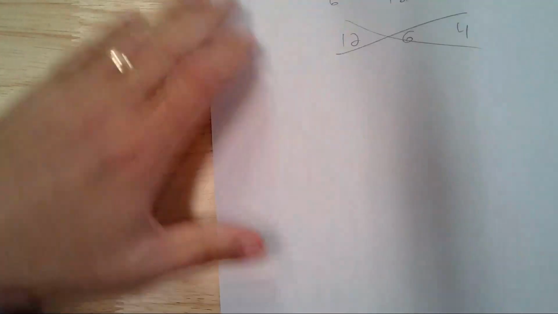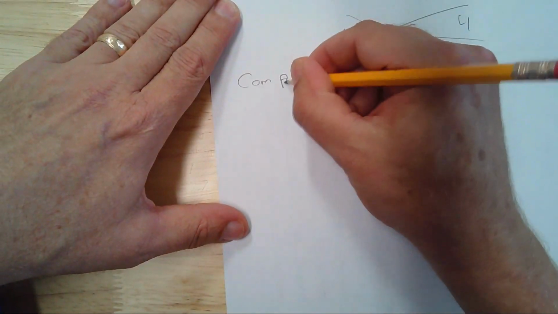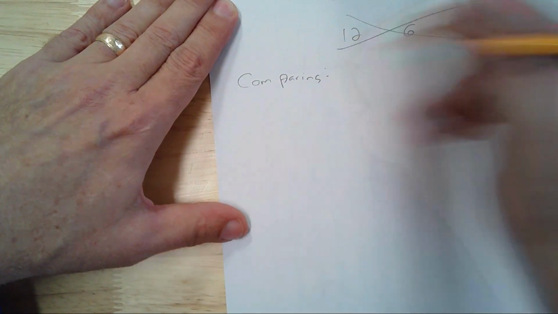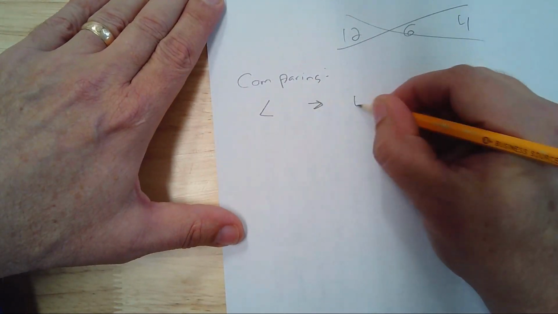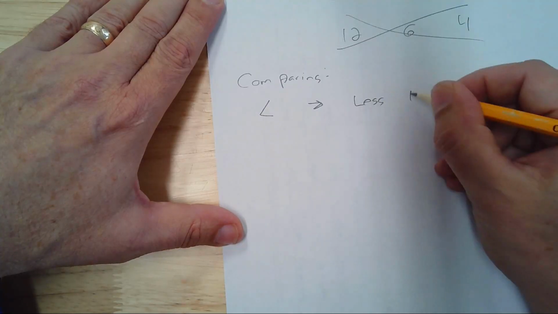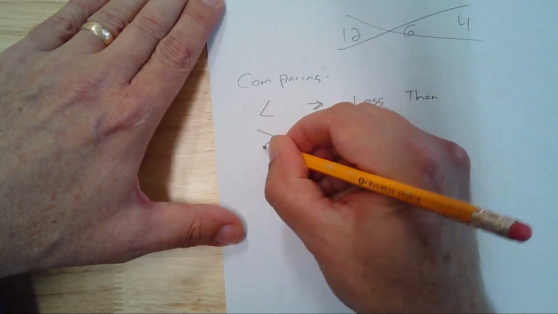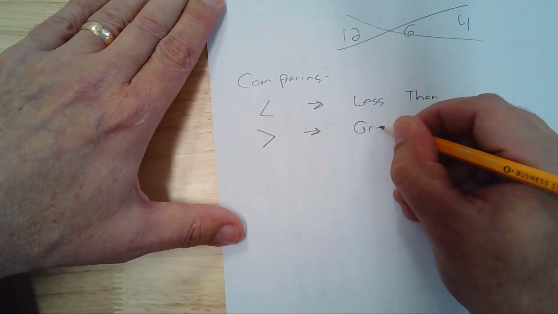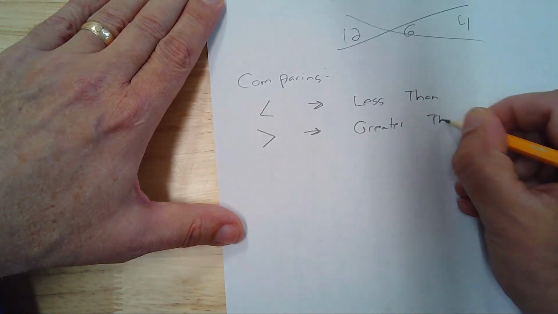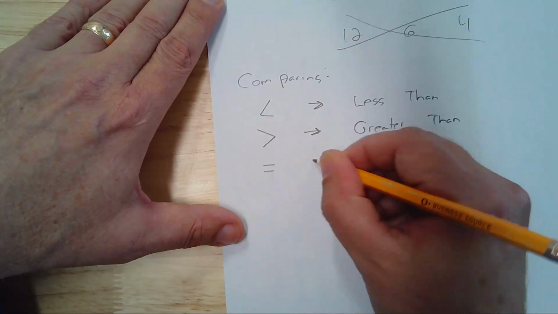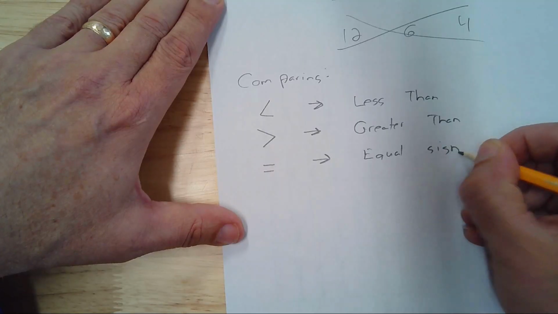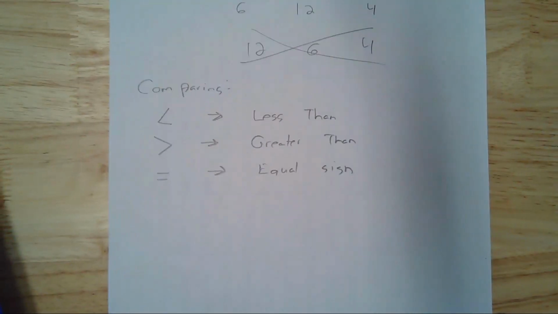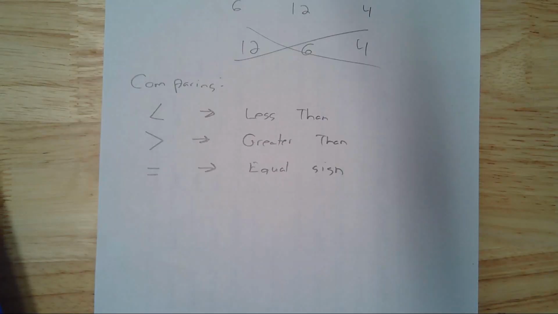So comparing. There are three symbols we use for comparing. This is the less than symbol. This is the greater than symbol. And that is the equal sign. Nobody ever has issues figuring out what the equal sign does. But these two,